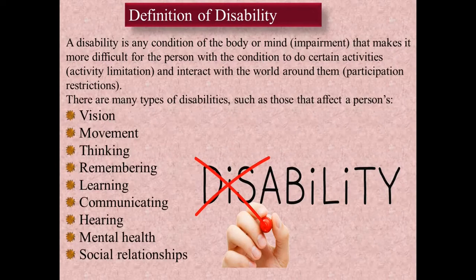Let us see the definition of disability. A disability is any condition of the body or mind, an impairment, that makes it more difficult for the person with the condition to do certain activities, which are activity limitations, and interact with the world around them, which are participation restrictions. For example, a child sitting in a wheelchair in the class may not feel handicapped during discussion, but